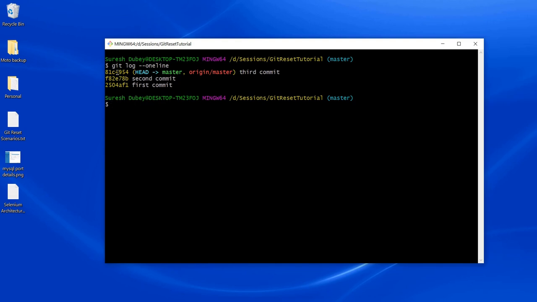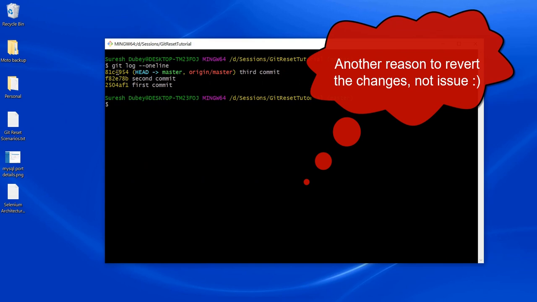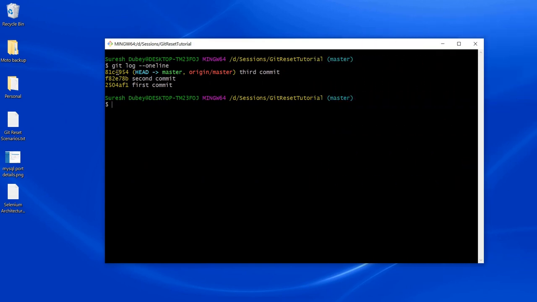That can be a quick fix only if you know what piece of code is causing the issue. The other option: if you're not sure why the issue is occurring and you are not able to locate the file quickly within the given time period, then the last option is to revert your changes. So these are the scenarios where you may need to revert.